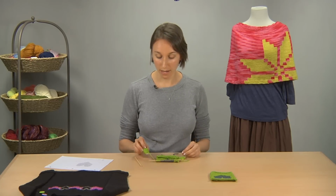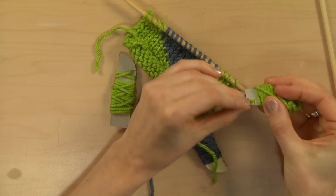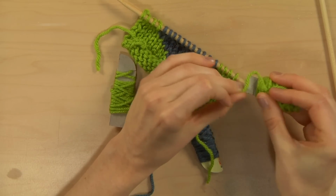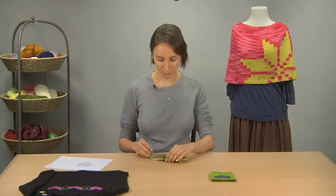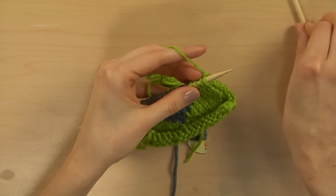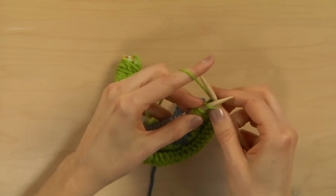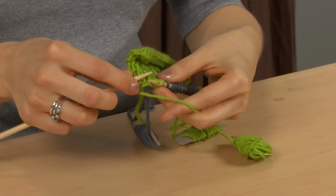It's really nice to have your yarn on bobbins, especially locking bobbins, and you can buy them or you can make them, as I did here, with some cardboard, and then just cut a little notch in it like that, and you have your locking bobbin, so that when you're not using this particular strand, your yarn's not rolling all over the place. So to get started, I'm going to knit across,